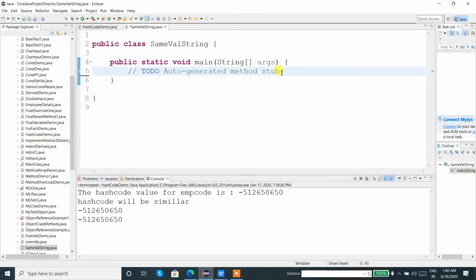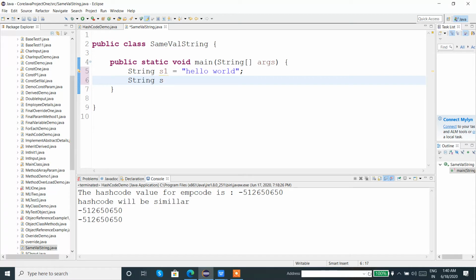Now string s1 equals this string value, and one more string s2 equals the same value.